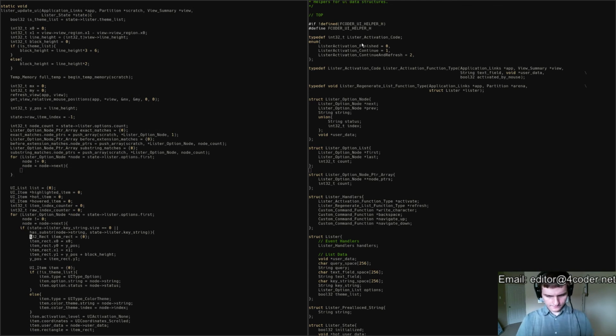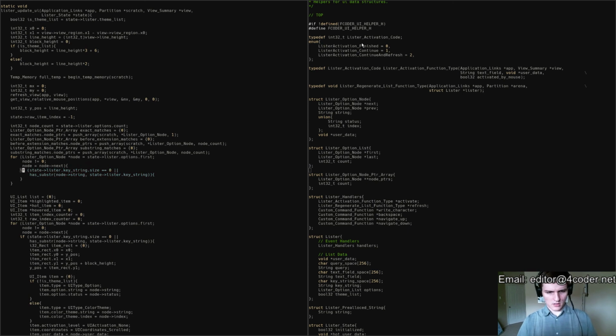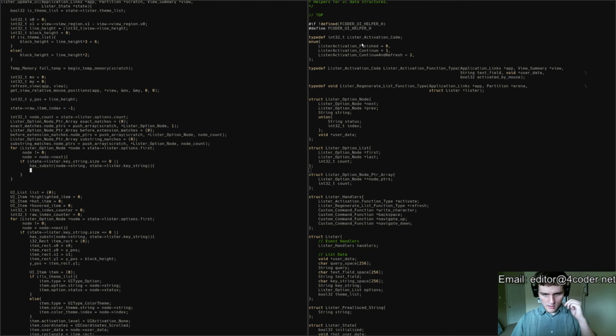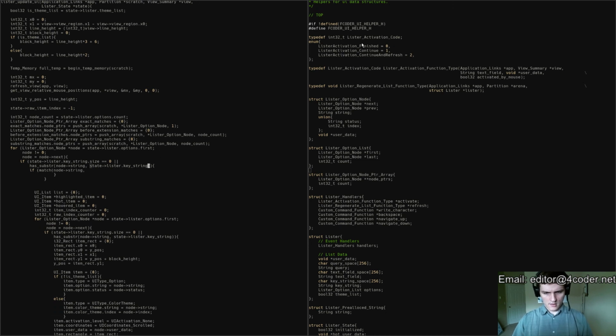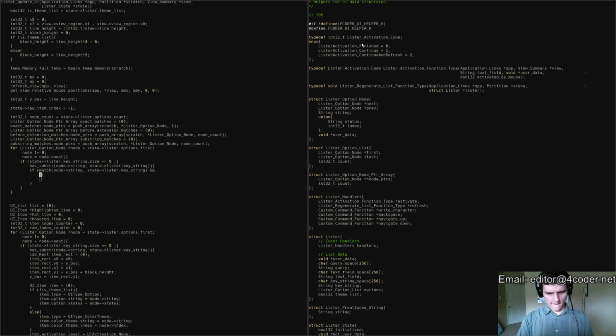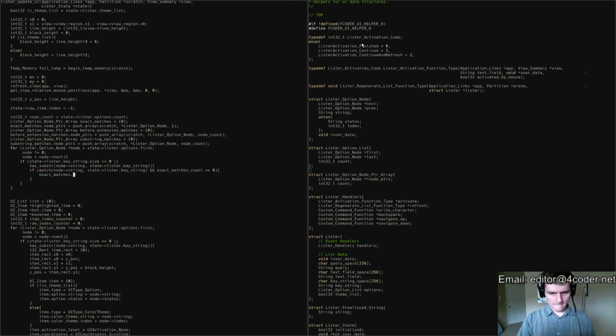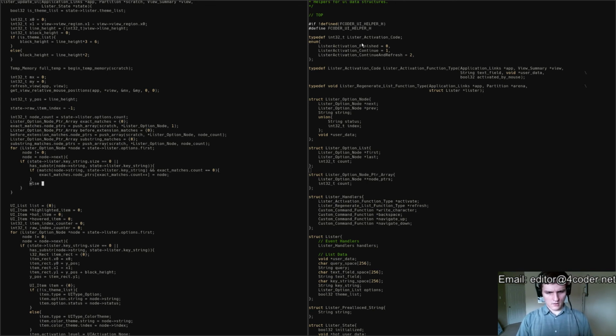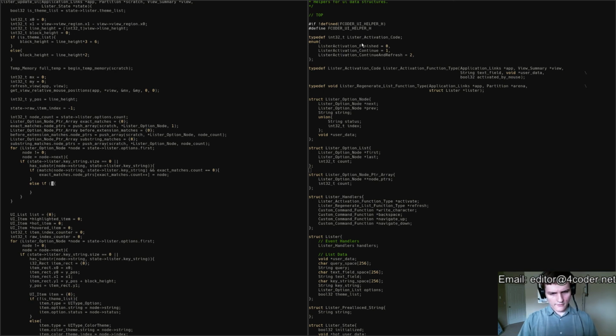Okay, so now what we want to do is figure out if it's a match at all and then investigate further. If it's a match at all, then we want to categorize it into one of three things. If match node string key string, and exact matches.count equals 0. Else, alright, so there's one case. Now if we